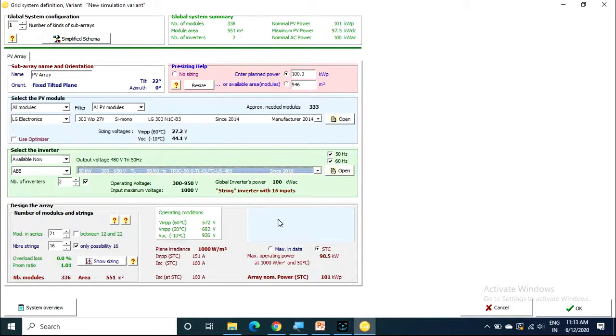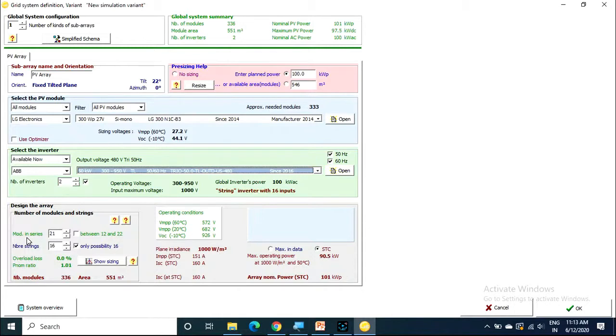How can you check? You have to select the string voltage. Here when you select the PV module and inverter, then it gives the array configuration.